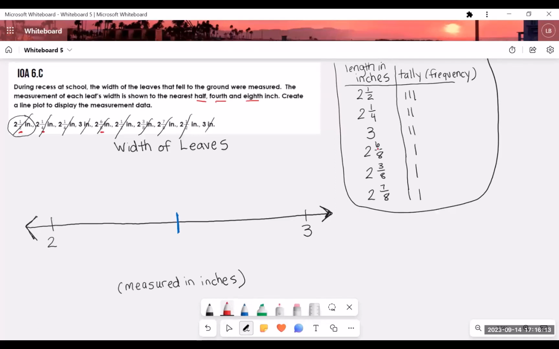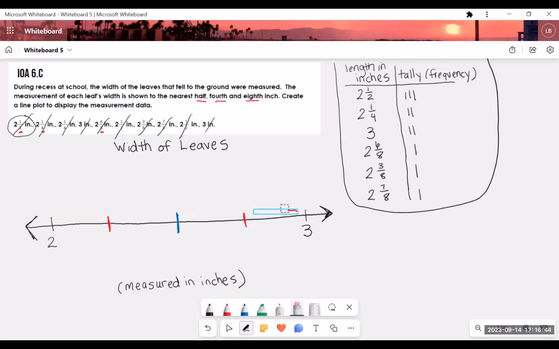So I need to have 4 equal parts. So I need 2 equal parts on this side of the halfway point and 2 equal parts on this side of the halfway point. Students have a misconception of counting the actual hash marks, but we're really counting the equal parts. So sometimes it would be beneficial to actually show that, that's what you're counting. Of course, I'm going to erase that because I don't want to keep that there, but those are my 4